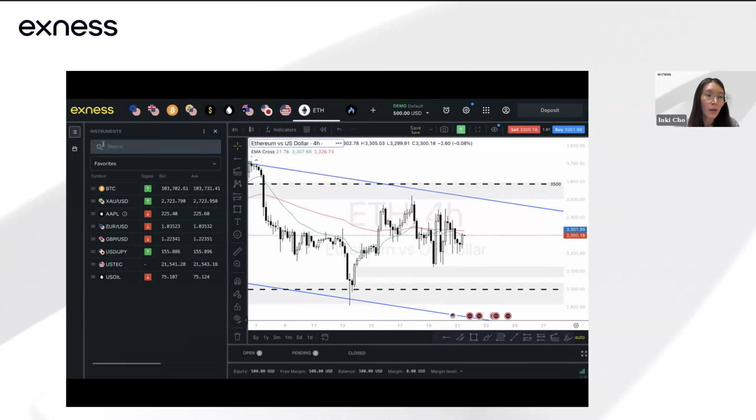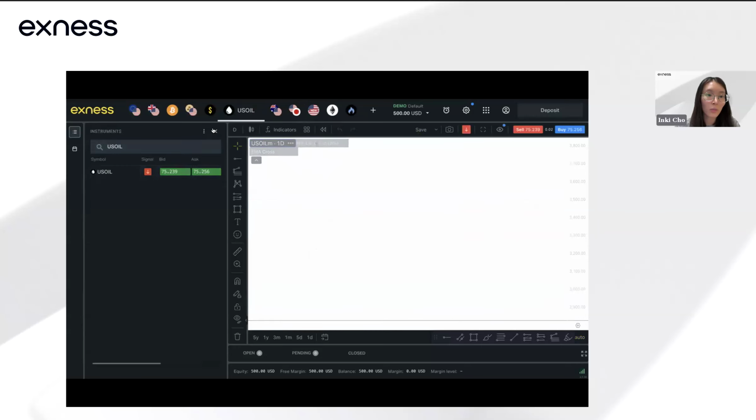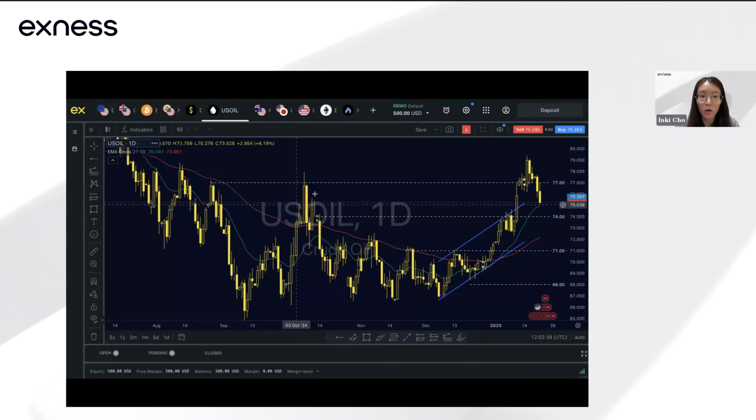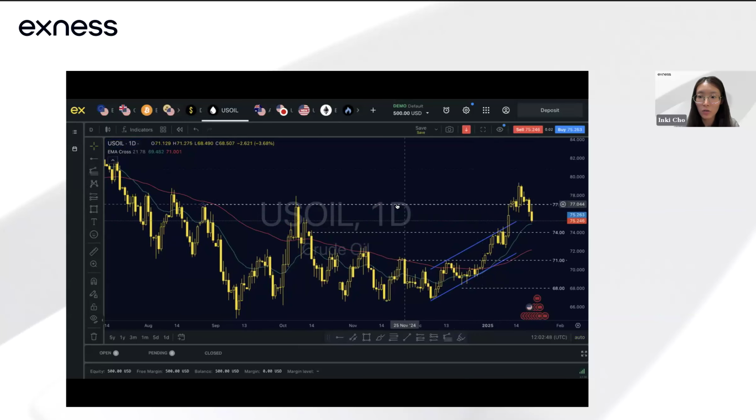Okay, and the last one that we have is on US oil. Oh, sorry, I think we ran shortly past that. So just a quick one on US oil. You can see that on US oil, we saw that pullback, especially after the announcement that Trump could continue or authorize the drilling of federal lands. So we saw that actually eased some of the supply concerns.